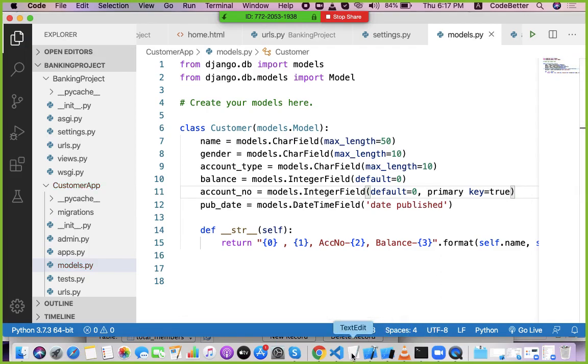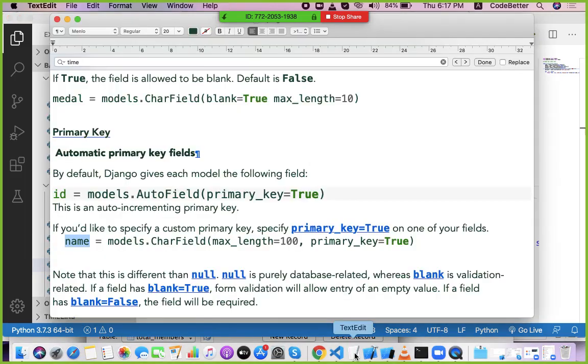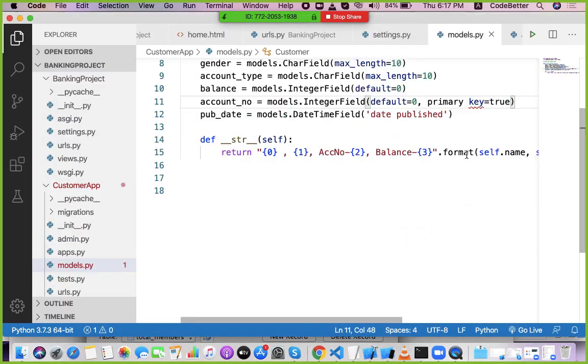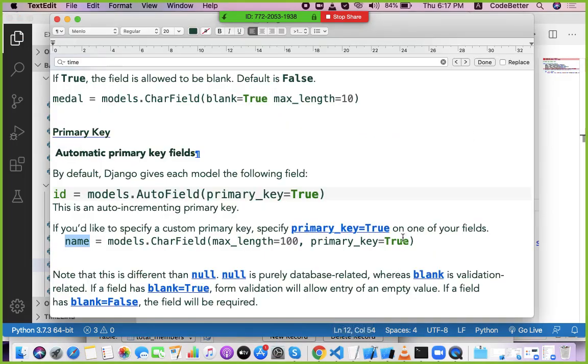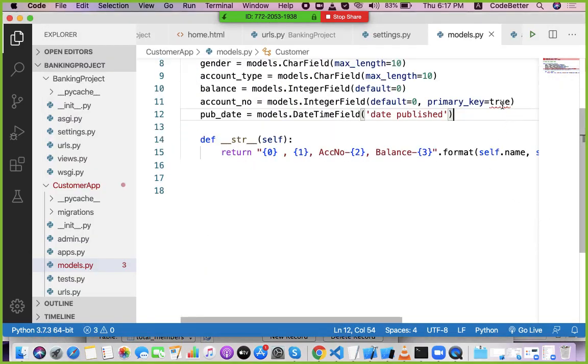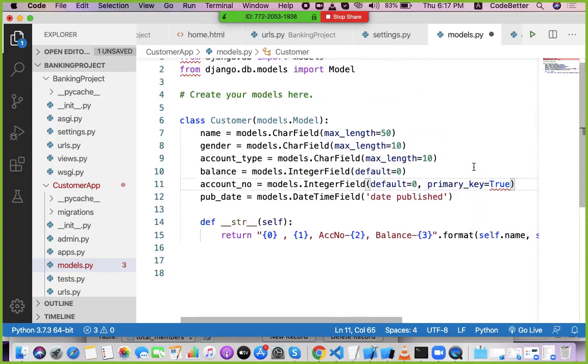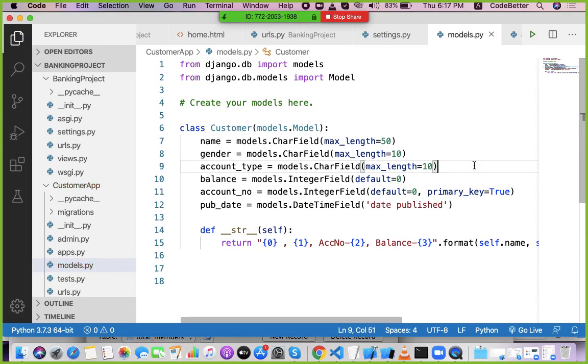I updated some content of this model and added primary underscore key there, and for true you should keep T capital. Okay, so I updated my model.